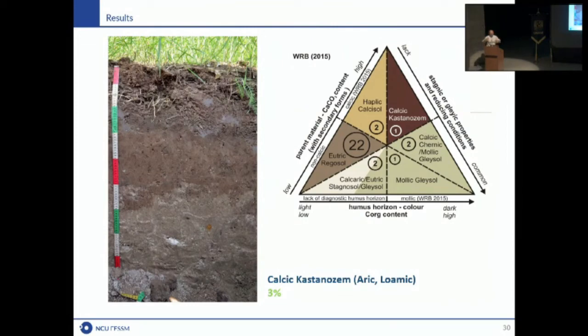So this ochric, let's say, or not horizon, but this humus horizon, which was only ochric, was developed again into the mollic. So now we have the situation, also only two cases, or even one case, that we have the mollic horizon on calcic or protocalcic horizons. So we have, of course, the Castanozems also in Poland. And I think that the amount of Castanozems will grow and grow if we are talking about the soil